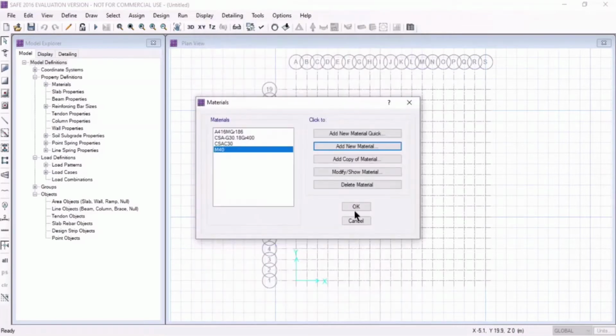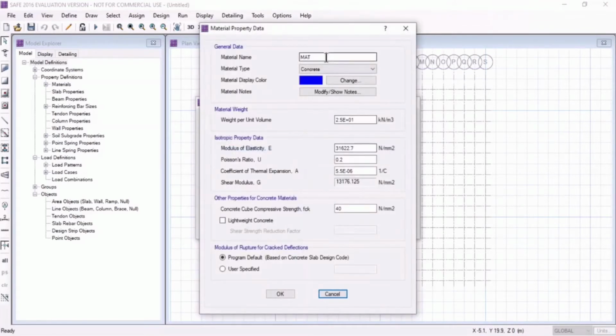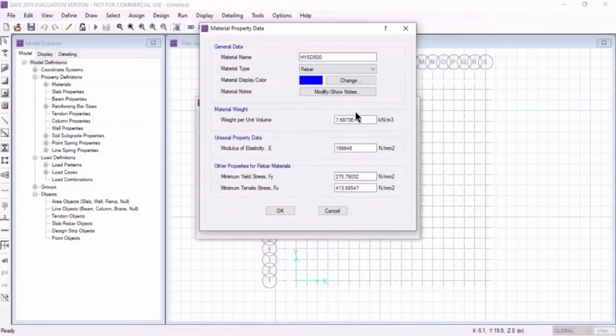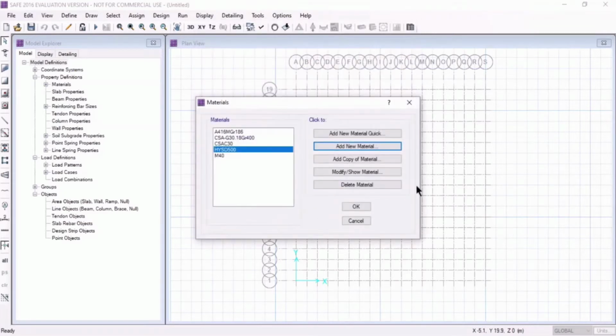Now we will define one more material, that is HYSD 500 rebars. Click on OK.